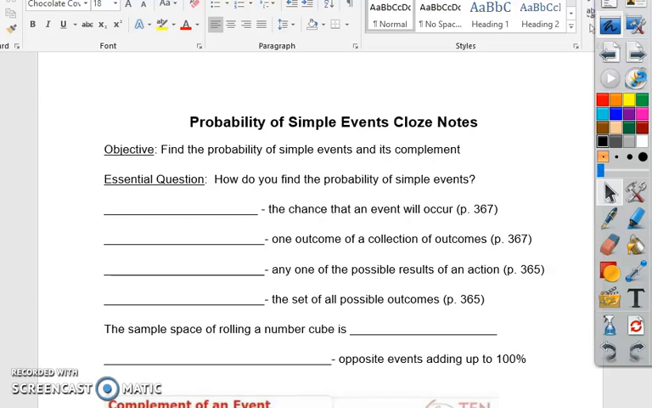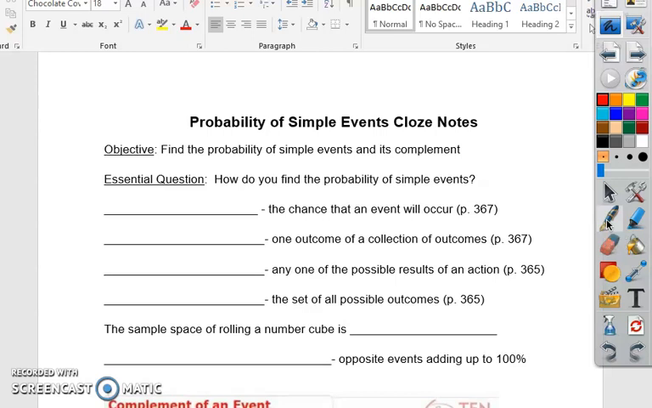Hey guys, we are going to begin working on probability. So our goal today is to find the probability of simple events and its complement, okay? So how do you find the probability of simple events? We're going to be dealing with that question also. So we're going to deal with some